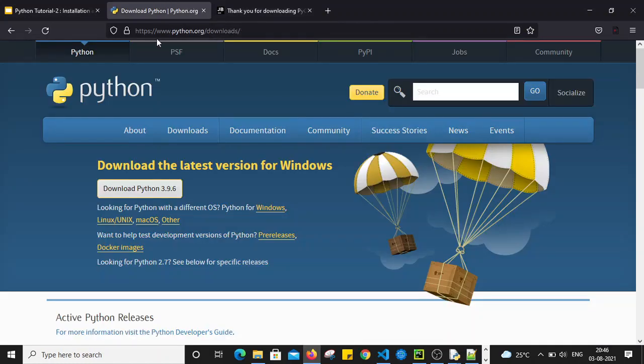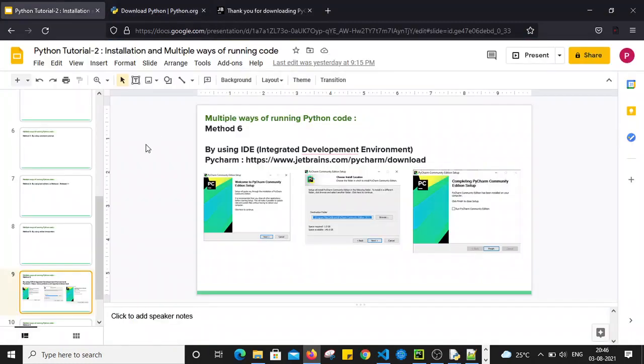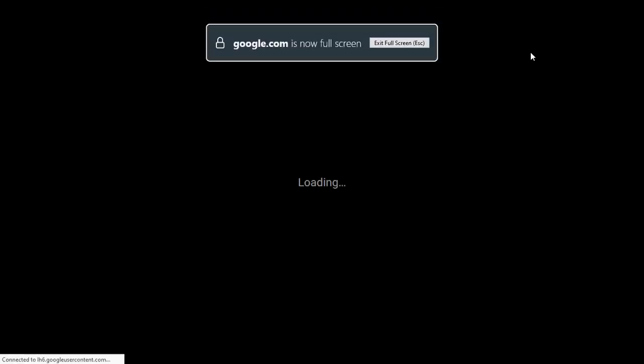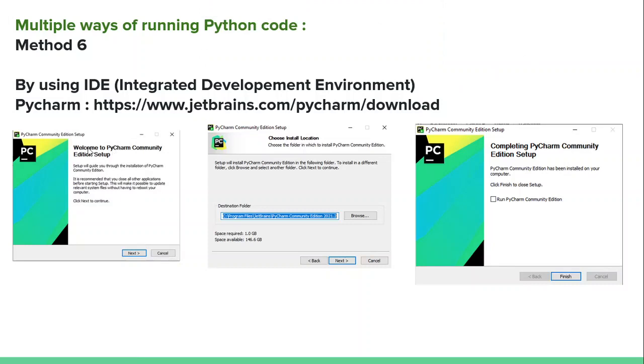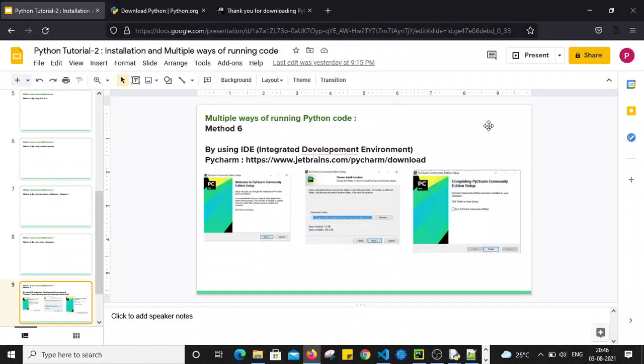So that is how you can download PyCharm. I will just show you. Once you download the pycharm.exe file and double click on it, you will see simple installation steps. Just click next, next, next, and at the end it will finish the installation and the PyCharm IDE will be installed on your system.